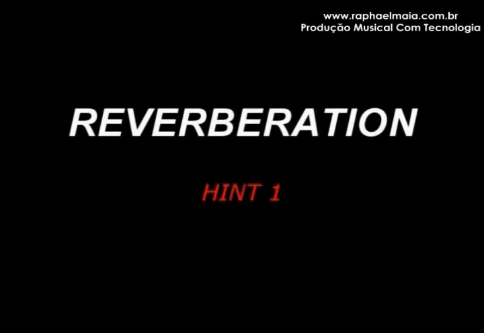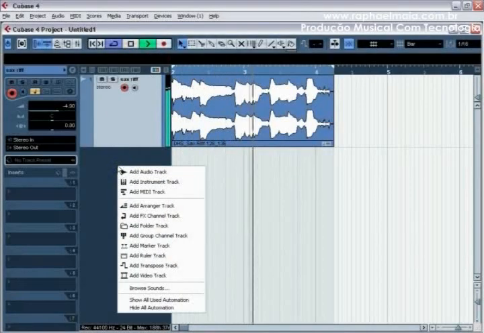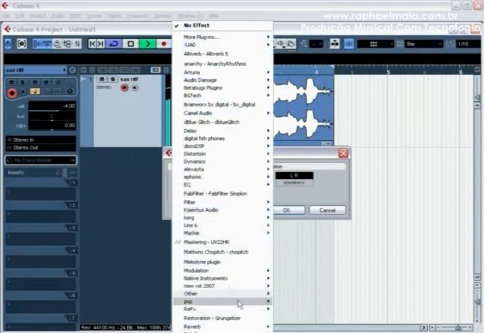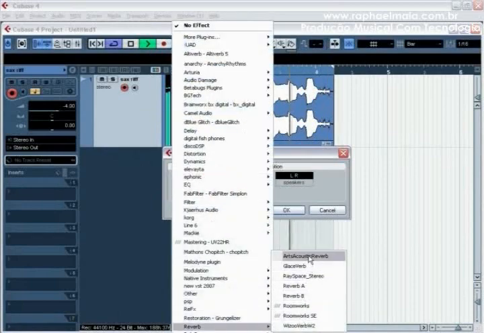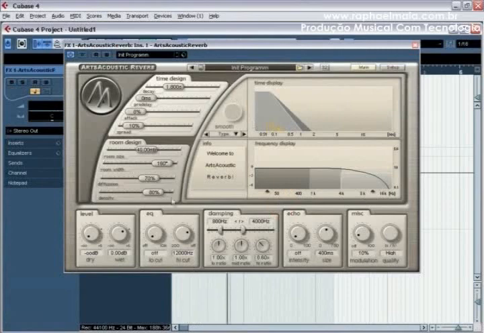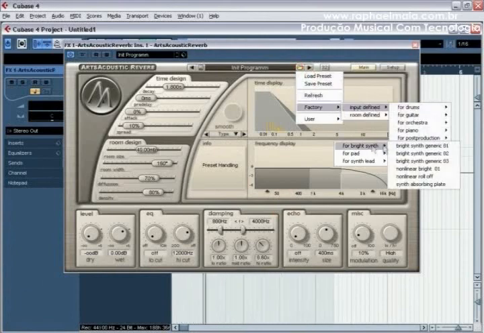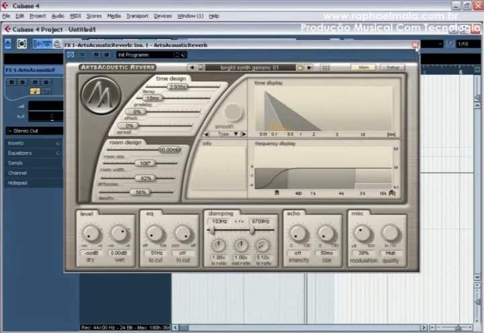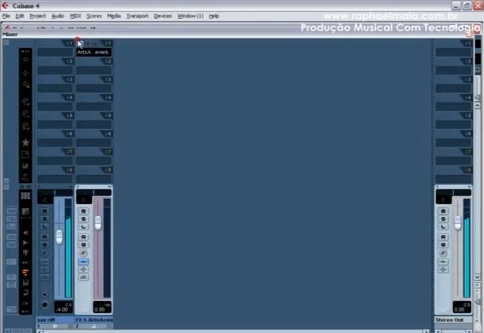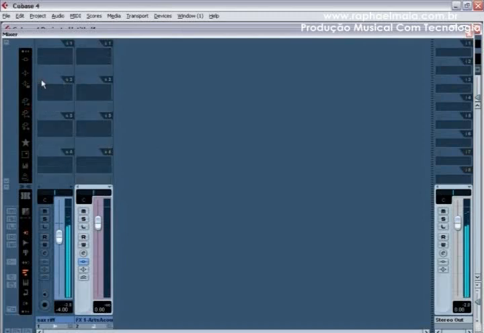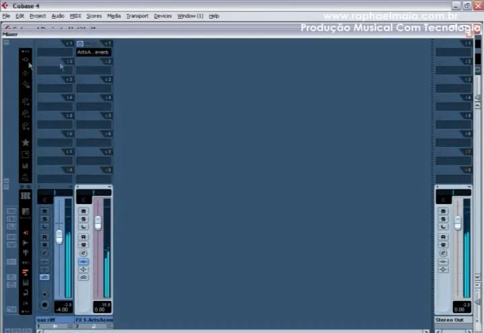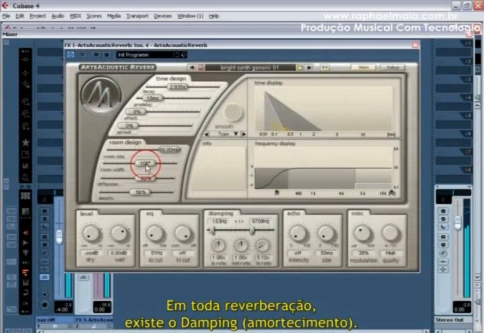Reverberation. Hint 1. In every reverberation there is a damping.